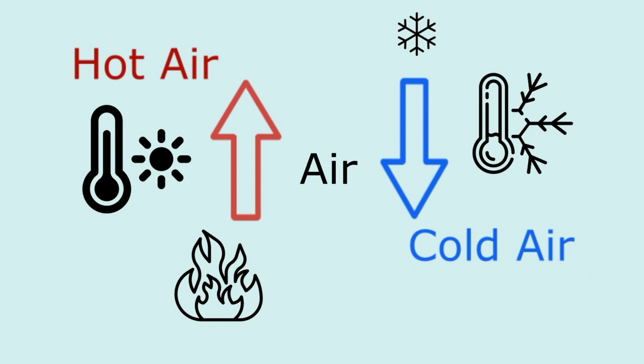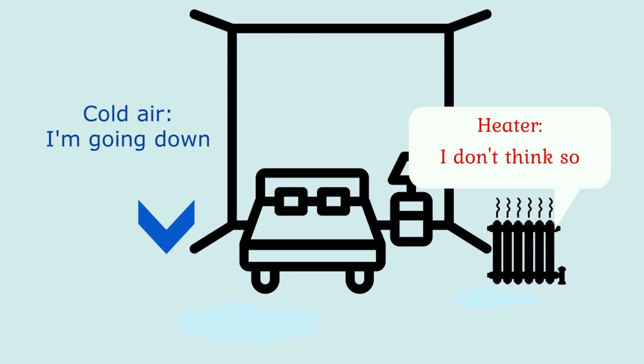So in the first example of the heater, cold air goes down. If you heat the bottom portion of the room, you are tackling the densest air in the room, the cold air. So if you tackle that, your room is already relatively hot, or reaches the desired heating temperature. However, if you look at the other example,